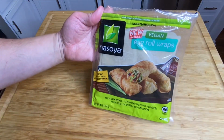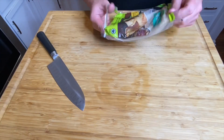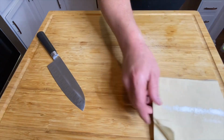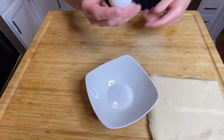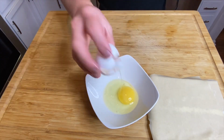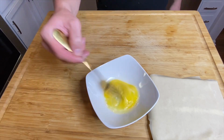All right, so let's start rolling. We got some egg roll wrappers, and these are really, really easy to find. You can get them in most grocery stores. They're gonna be in the refrigerated section, probably close to tofu. So just remove this from the pack. We're gonna take 1 egg, crack it into a small bowl, and give that a good whisk. And then I'm gonna show you guys how to